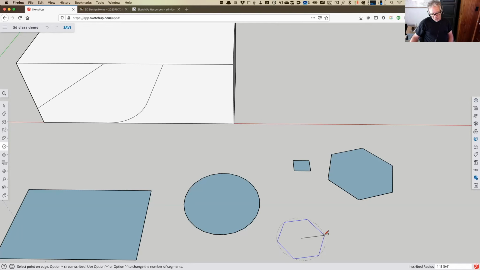So you can do option, option plus 7, 8, 9. You can set how many sides you want. Like that. It's kind of fiddly, but